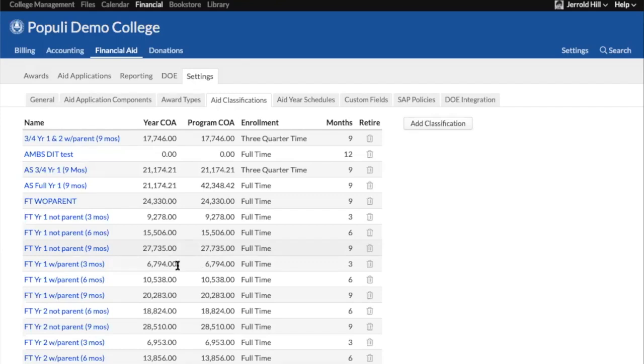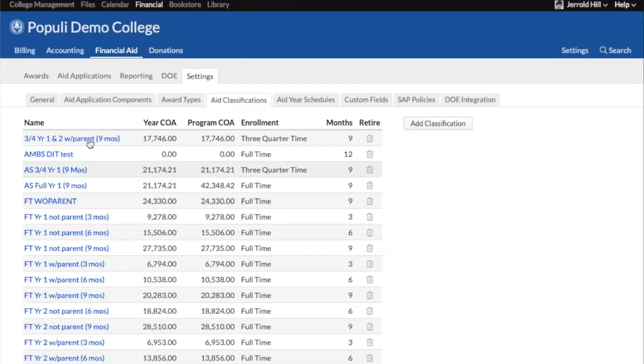One project we are working on right now: there was recently some guidance sent out from the DOE about aid letters, or offer letters, not being called offer letters anymore. Apparently award letters are not supposed to be called award letters, and you're supposed to show a breakout of the cost